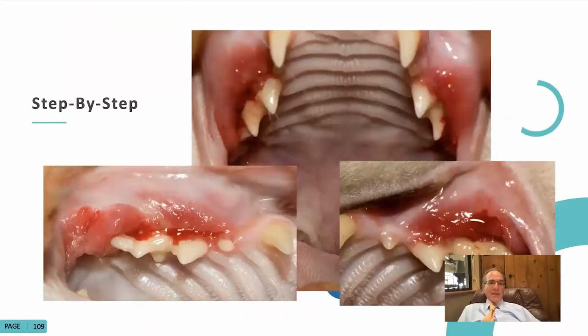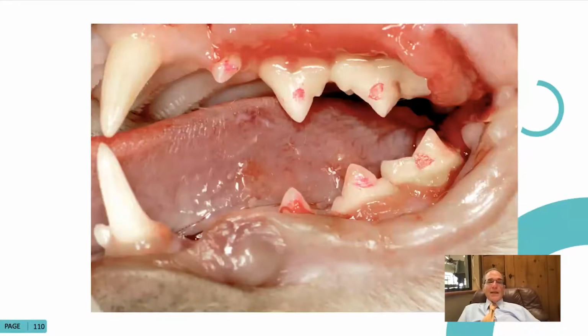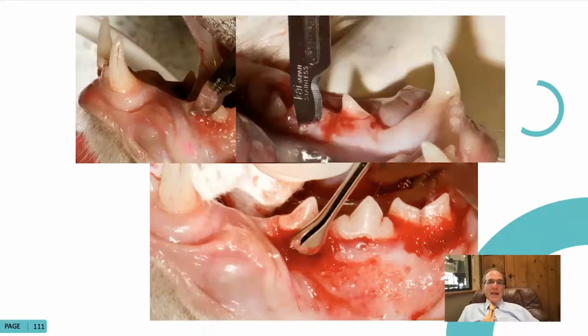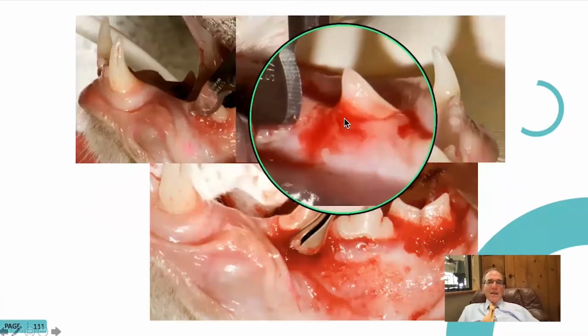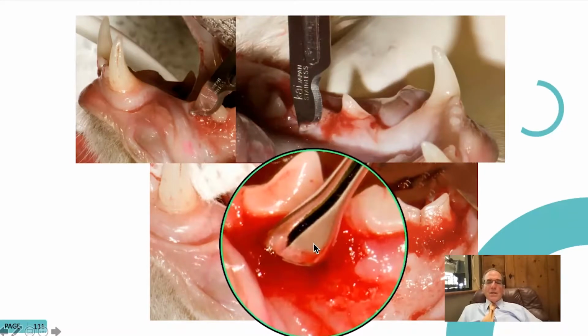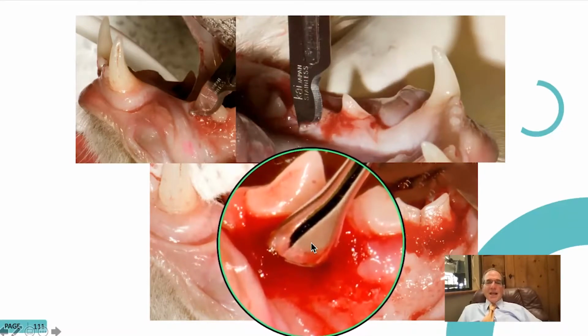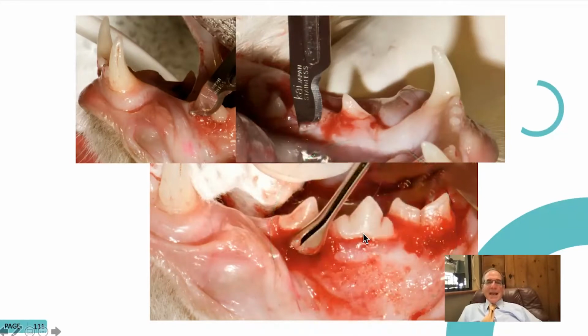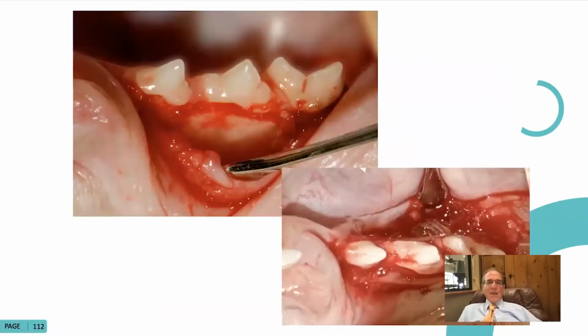So here's how we take out the teeth. I first put a little dot with a Sharpie on the teeth we're going to take out. Then I take the blade and incise around the sulcus as far as I can go. Then I take a number 2 Molt flat periosteal elevator to separate the attached gingiva from the alveolus. That's probably one of the more important parts. And we really like this number 2 Molt elevator, flat.